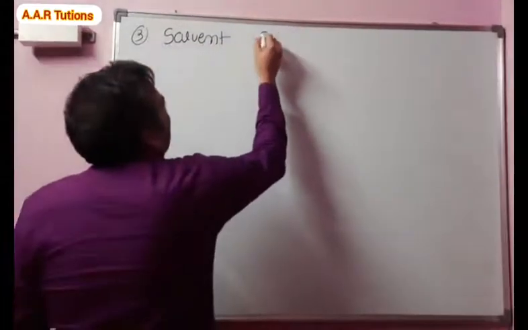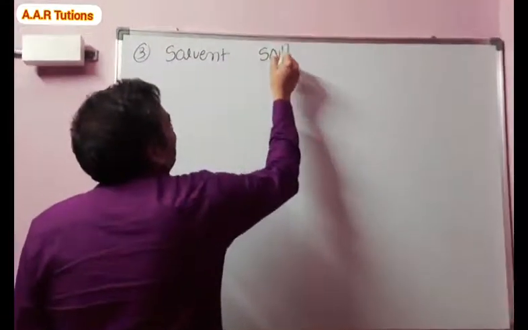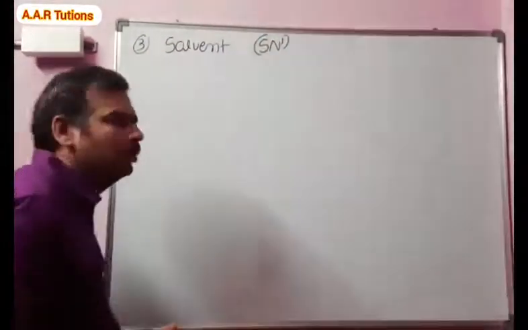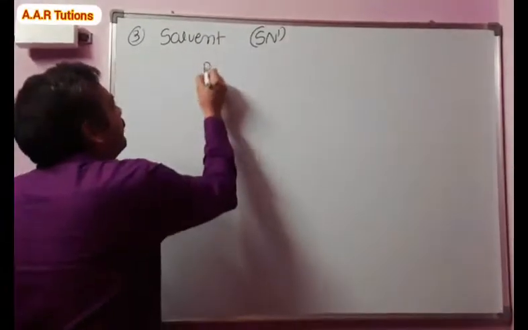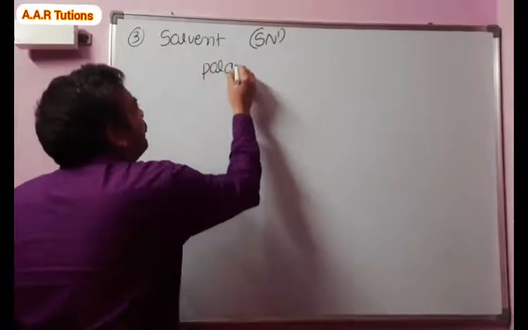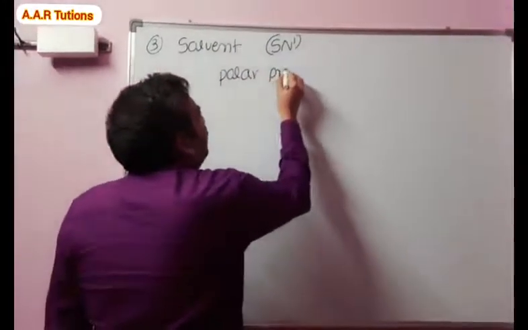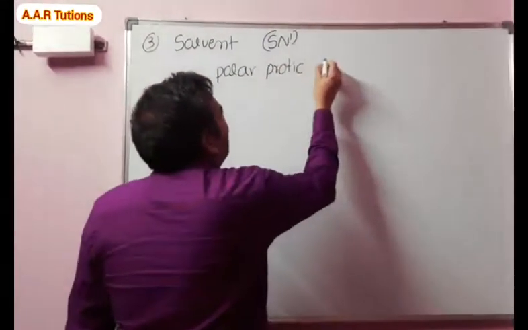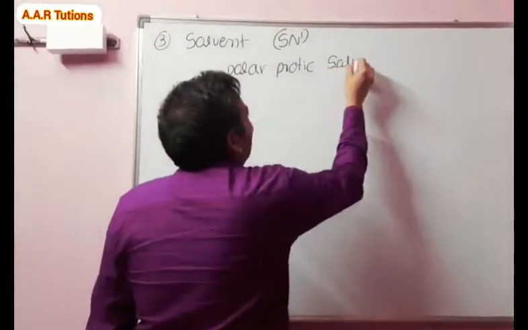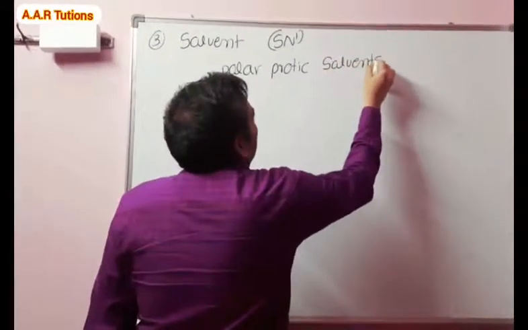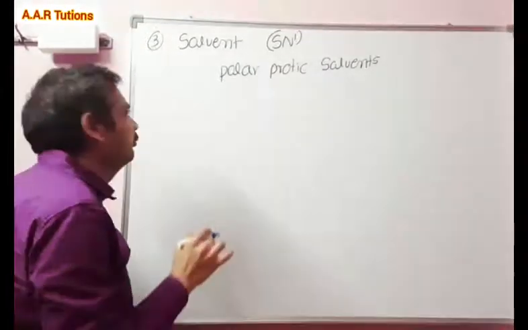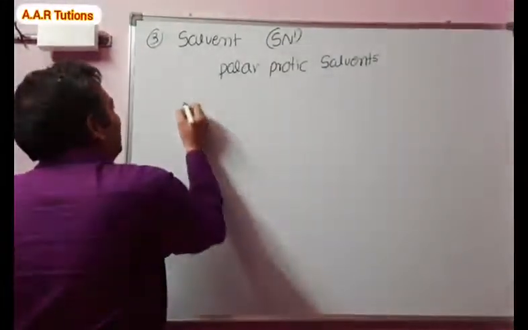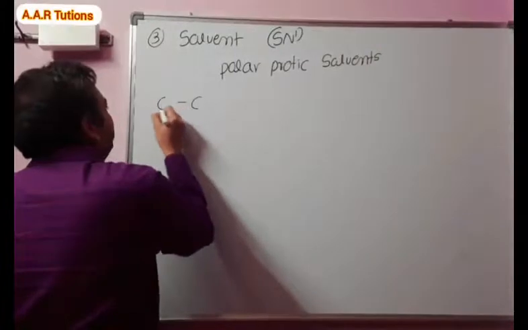Effect of solvent in SN1 reactions. How solvent plays a role in SN1 reaction. Generally, polar protic solvents are used in SN1 reactions, or polar protic solvents favor SN1 reaction. Why? The reason is, see the example,